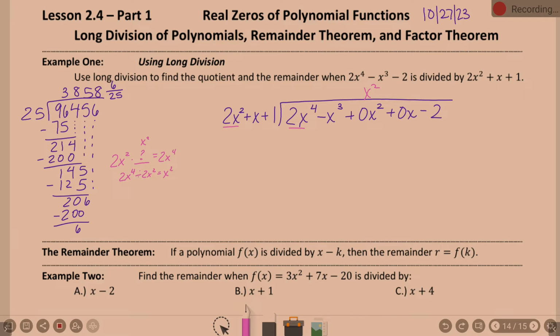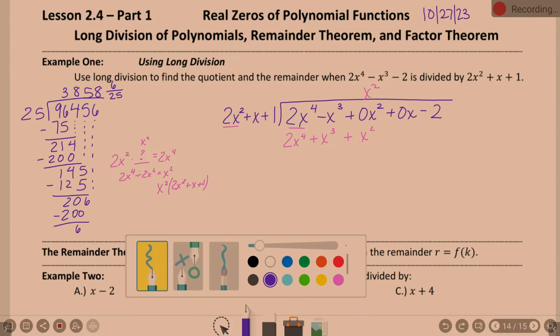Multiply it, yes? So it's x squared times this stuff over here. X squared times 2x squared is 2x to the 4th. X squared times your middle term, x squared times x, is x cubed, and x squared times 1 is x squared. So I just took my x squared and distributed it to the 2x squared plus x plus 1. Okay, after you multiply, you're going to